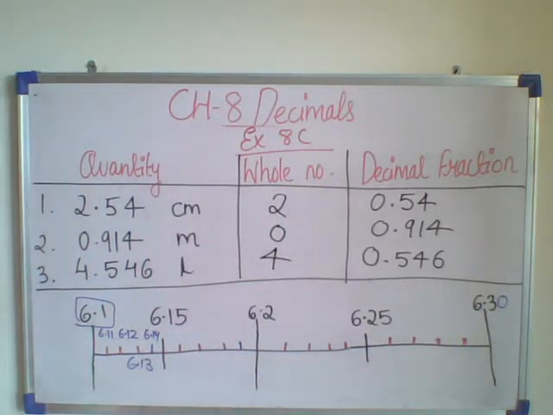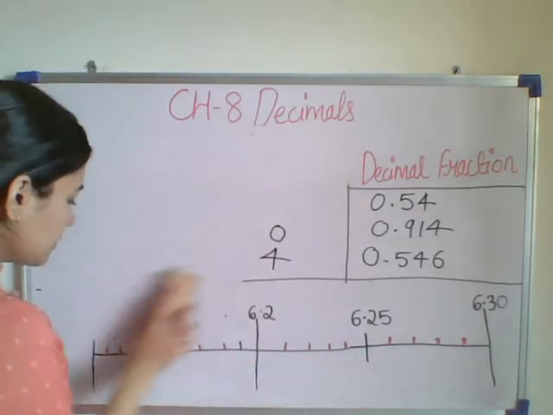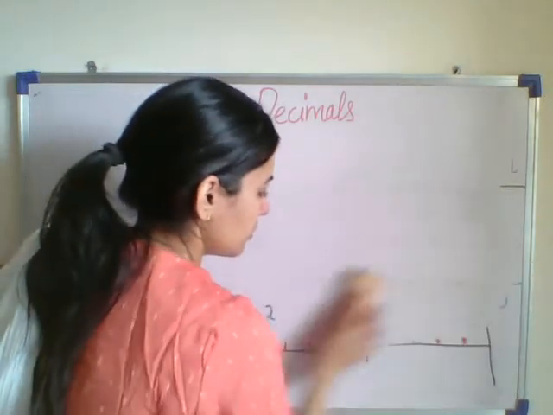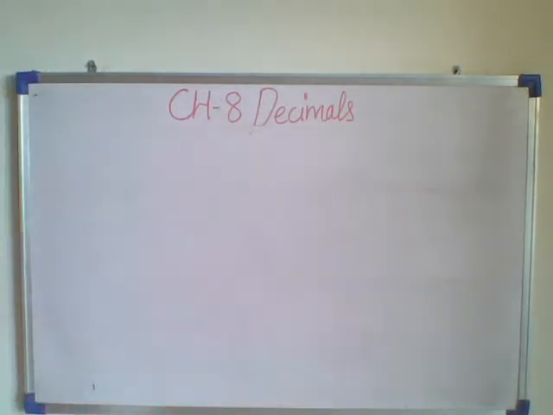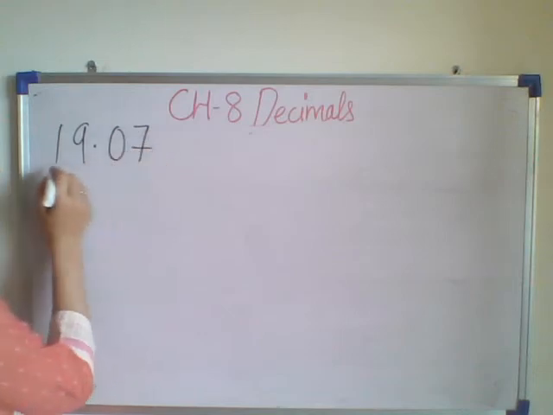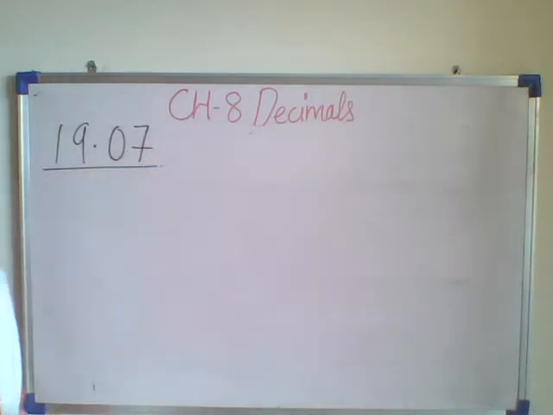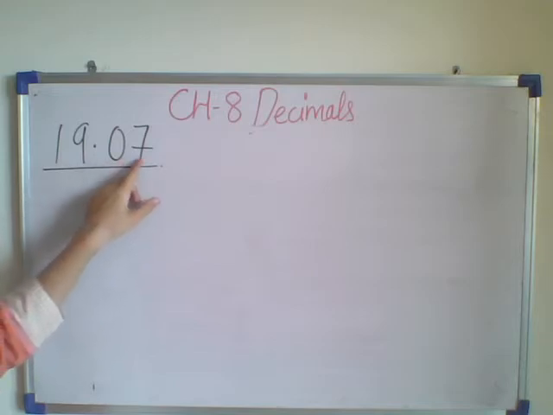Now let us do some more problems from the exercise 8C only. You have to write each of the following decimal number in words. The decimal number is written 19.07. This we have to write in words. So how I will be writing it? 19.07 or